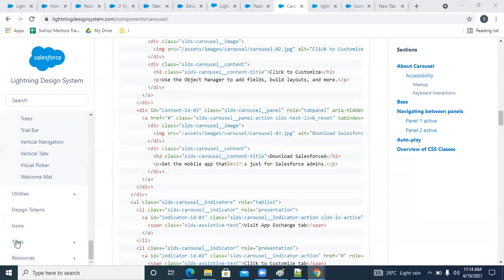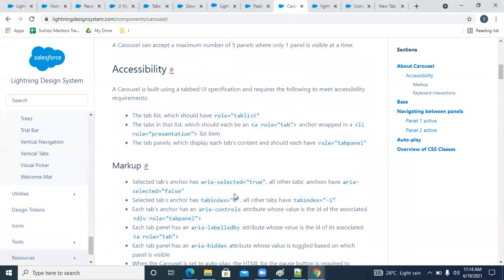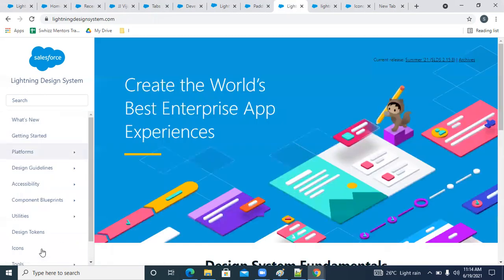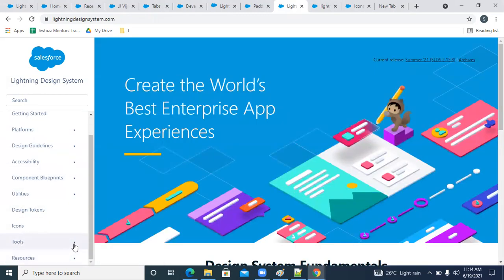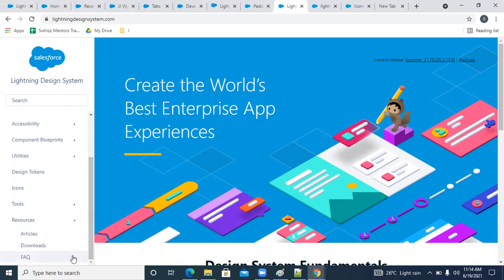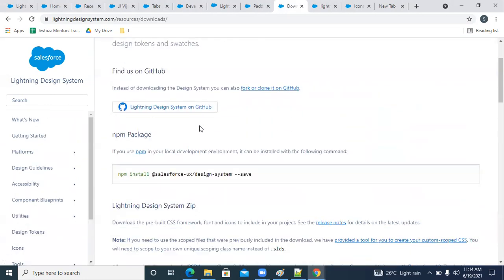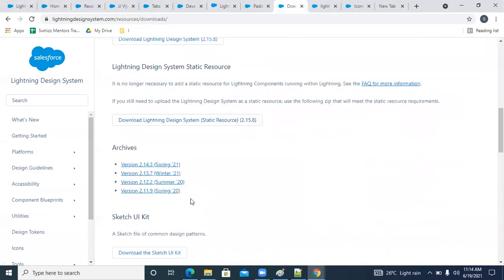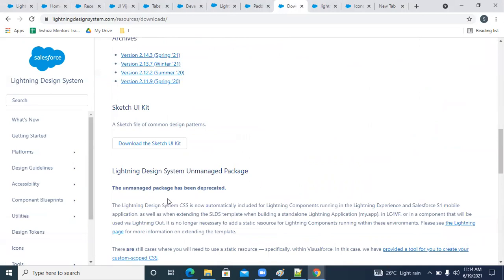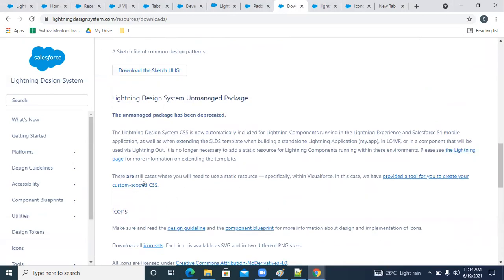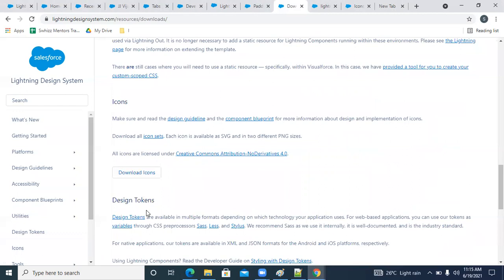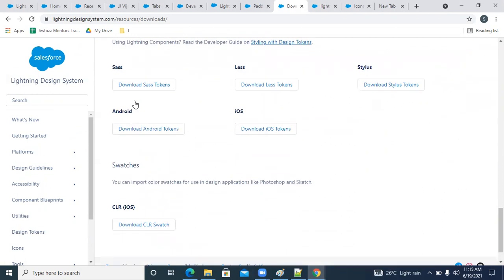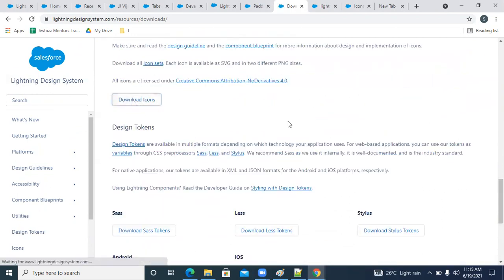It is not opening actually. When you click on the resources, you can see the stuff and you can download it. Click on this, you can download. You can download all the images from here, like this icons, and design tokens. Whatever tokens you want, you can download it, and then put it into your